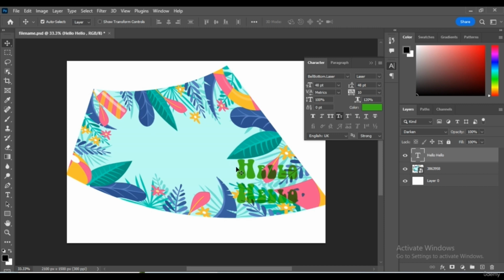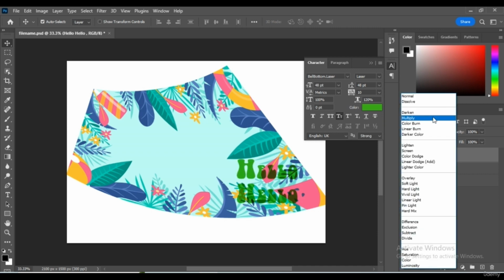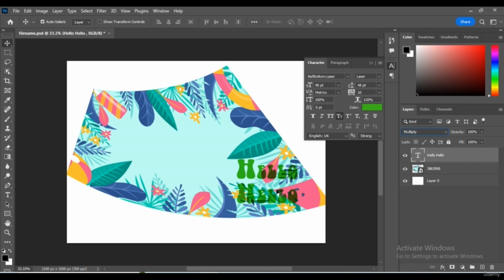For example, if we have a turquoise background right here, it will just use the green color as the mask or the blend mode in the font layer right here. And multiply. This finds color with the same brightness, then multiplies it to be darker. So if you find some type of green that has the same brightness with the green over here, then it will change the color to be darker.